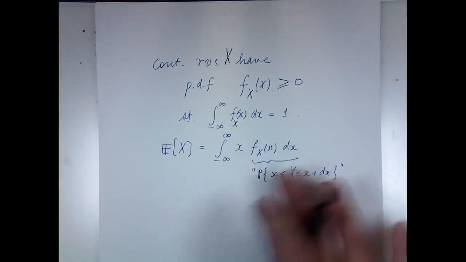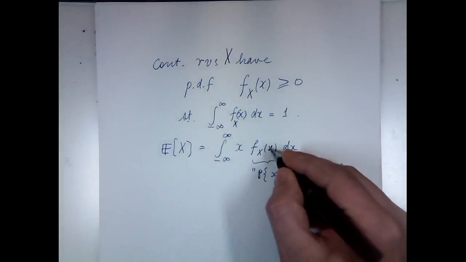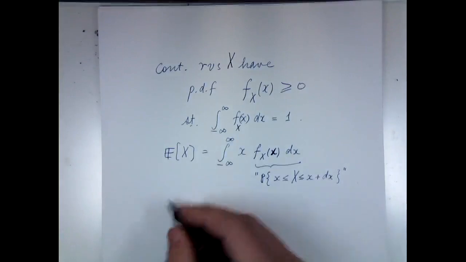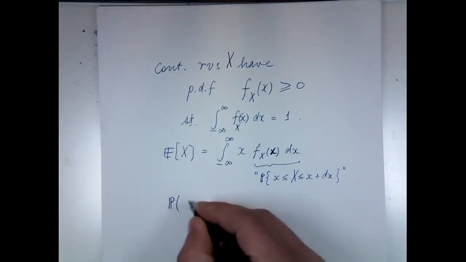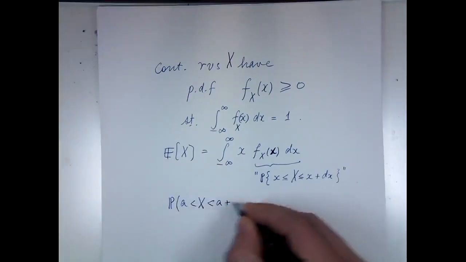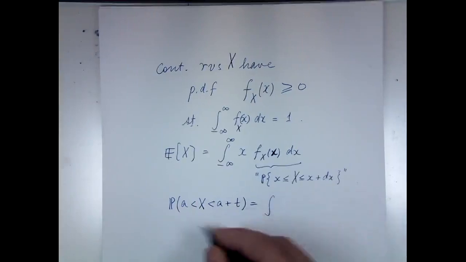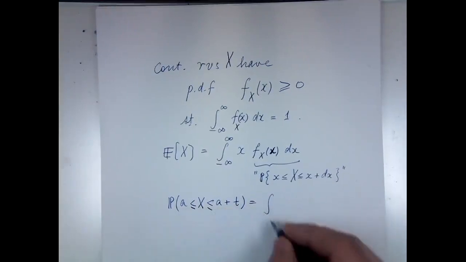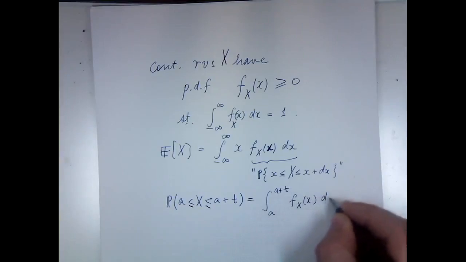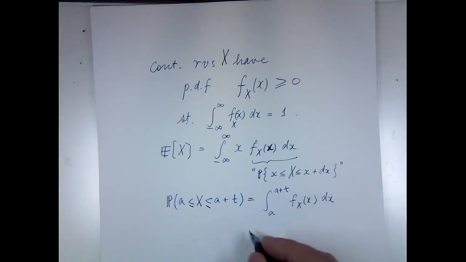So the density is just a number. The density times the length is the probability of being in a short interval. It's worth noting that the probability that X is between a and a plus t, often I write a to b, is by definition, and whether I include equals or not doesn't make any difference, the integral from a to a plus t of f_X(x) dx. And that is equal to, with a little assumption here, approximately equal to,